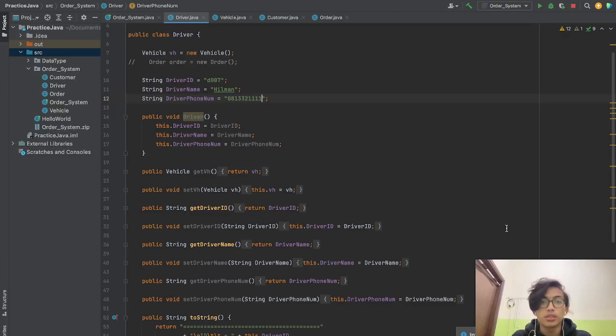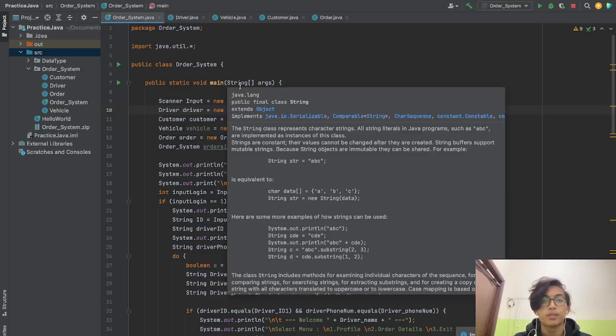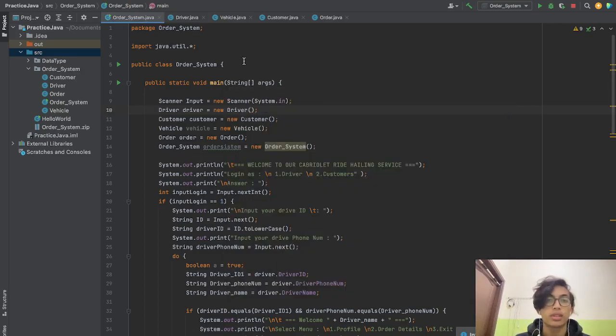Here I want to explain and give some demonstration about our object-oriented programming final project. First things first, I want to explain more about our project. The system that we built is a ride-hailing service system, which is like an online taxi transportation service. In the system we will have two main users or stakeholders: the first one is the customer and the second one is the driver.